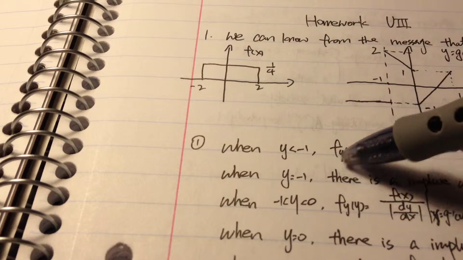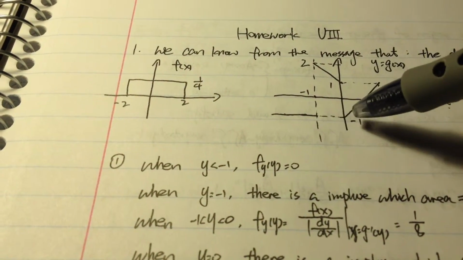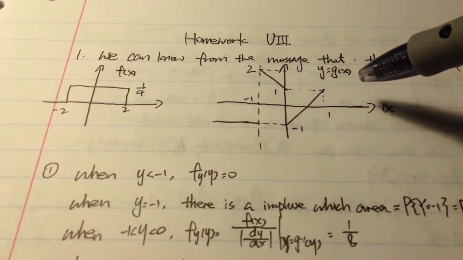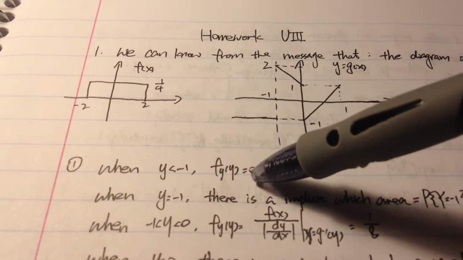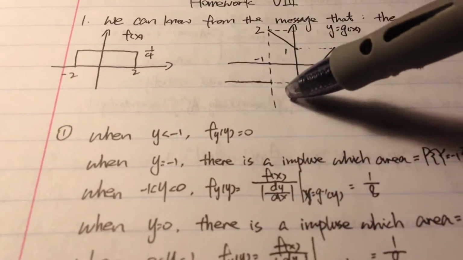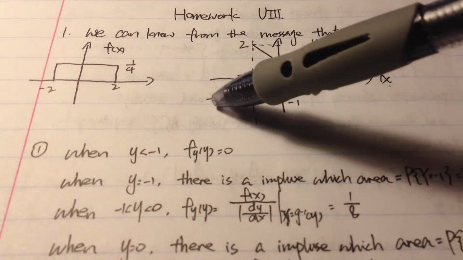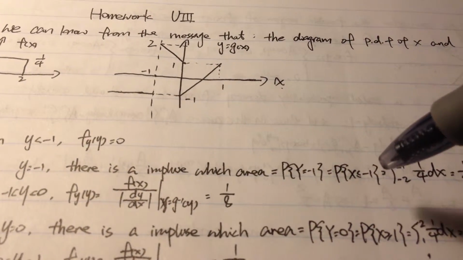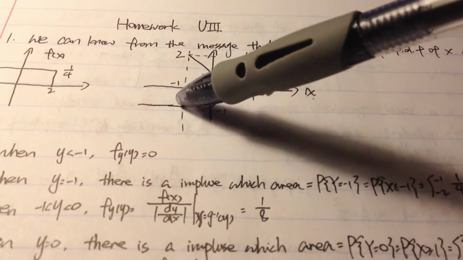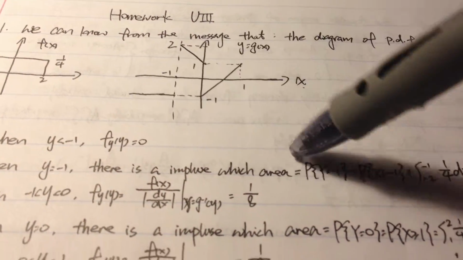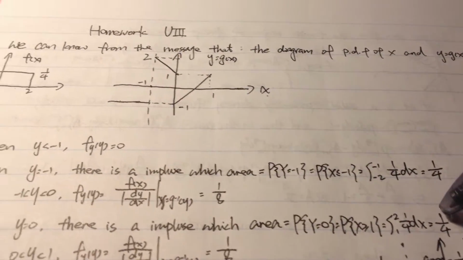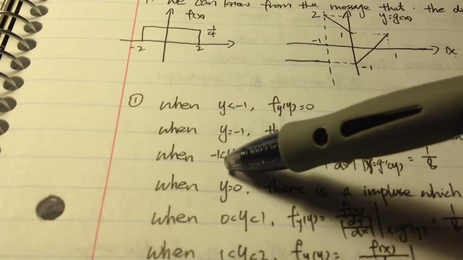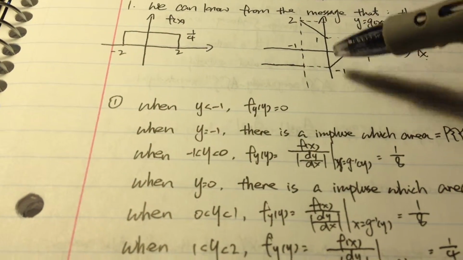So when y is less than minus 1, the density function of y equals 0, and when y equals minus 1, there should exist an impulse whose area equals the probability when x is less than minus 1, that is 1 over 4. And when y is greater than minus 1 and less than 0,